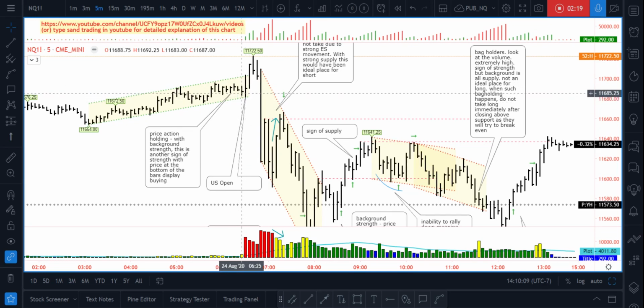Of course, we do not buy these things just because it's going sideways. Typically, opening bars can be wacky because a lot of people are trying to trade and we don't know which way they will go. So as you can see, it tried to go down, up and down, but supply came up a little bit. Afterwards, on the next bar, a good demand came, pushed it above, broke the channel, and then immediately the supply came after that.